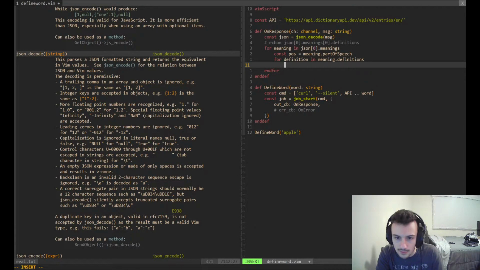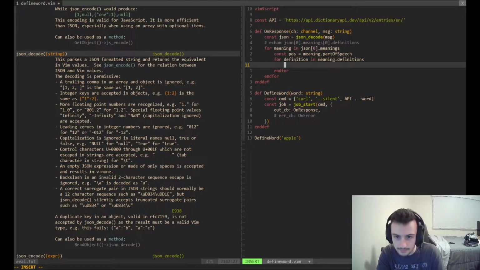Okay, so let me close this off again. So for each definition in meanings of definitions, we want to get the definition dot definition. It's a little wordy, but okay. And that's what we want, right? And